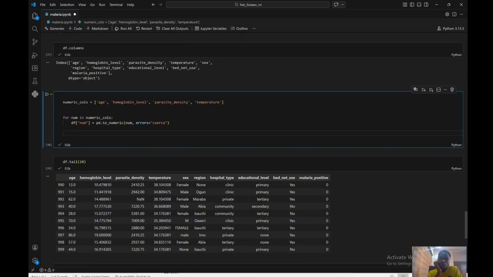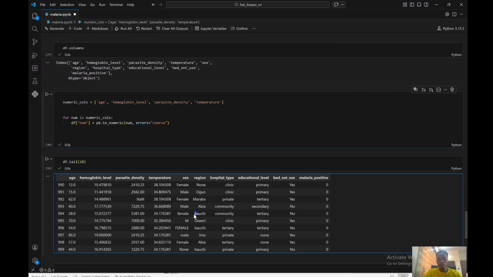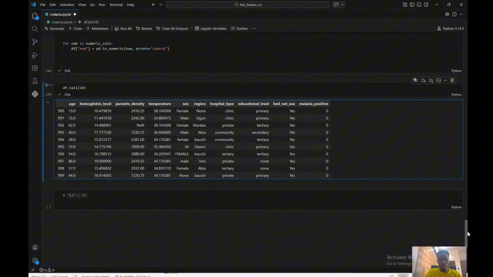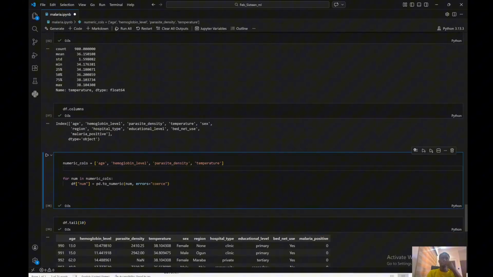We're going to also do the same thing now for strings. And what do I mean by strings? Strings are more like, here we have lowercase, we have uppercase starting, we have uppercase, we have none. None doesn't have anything to do with it anyway, but you see that there is inconsistency. Bauchi is upper. And all of these are very important because whenever we're performing our one hot encoding, we'll need to have everything well aligned